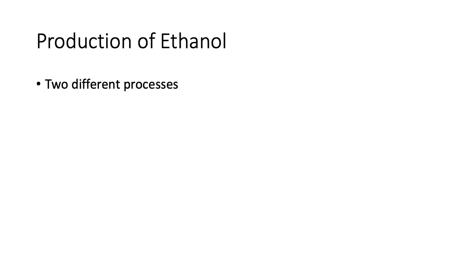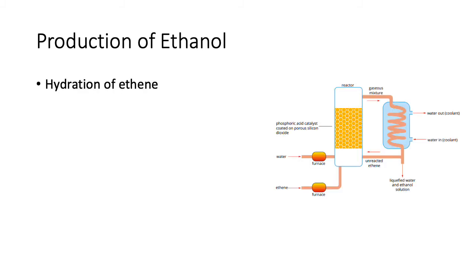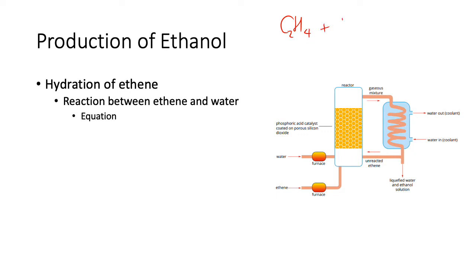So, we can do it with two different processes. One is the hydration of ethene, and the other is the fermentation of sugar. Okay, so let's start with the hydration of ethene. Ethene is C2H4 and water is H2O. Okay, so this is the reaction: C2H4 plus H2O goes to